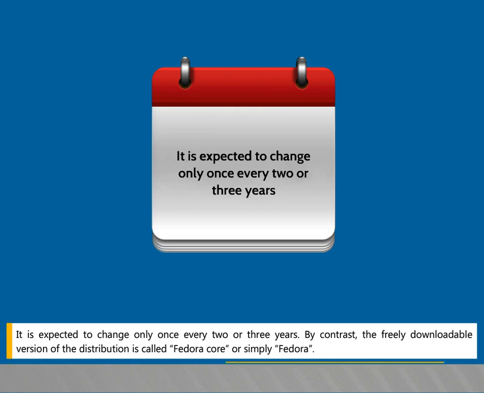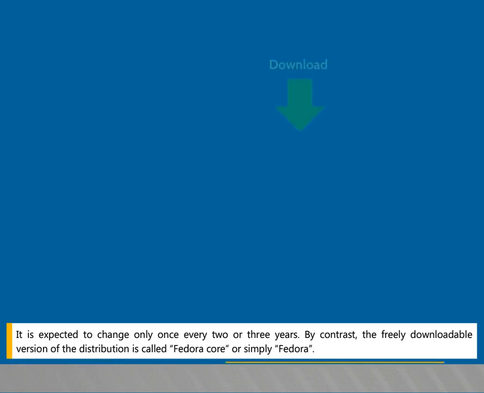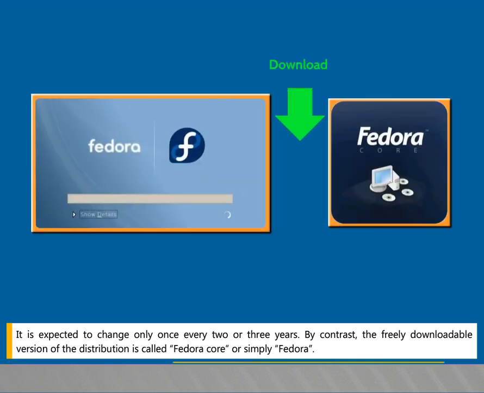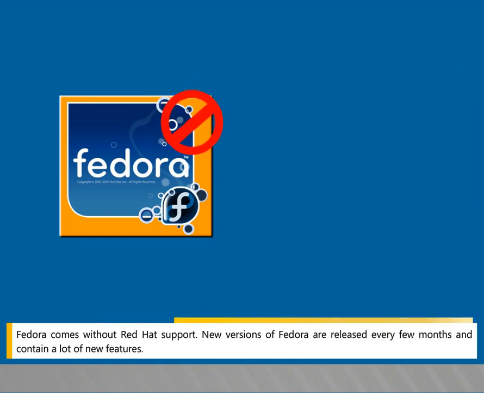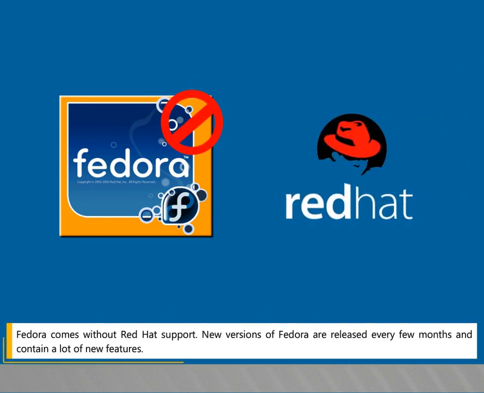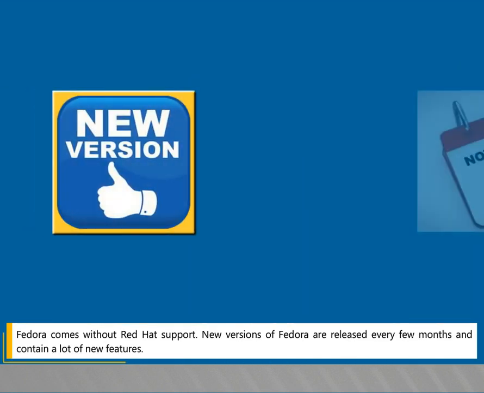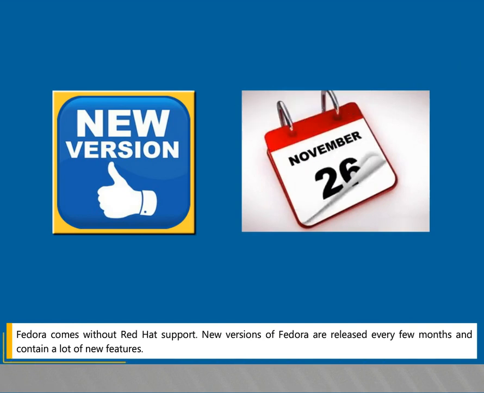By contrast, the freely downloadable version of the distribution is called Fedora Core or simply Fedora. Fedora comes without Red Hat support. New versions of Fedora are released every few months and contain a lot of new features.